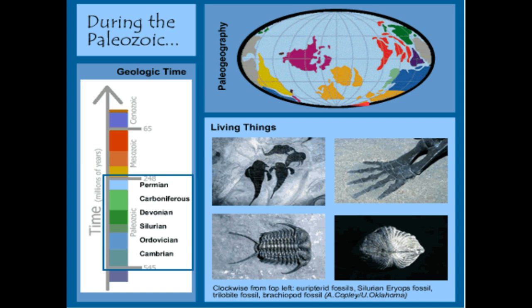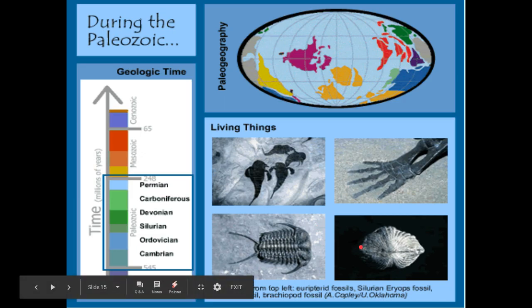What we see is the continents during this time were a lot different. Obviously due to plate tectonics, the continents were just located in different areas. This would certainly alter the climate. There were more warm, shallow seas at the time. Here are some pictures of real fossils that are actually characteristic of the Paleozoic Era, such as trilobites, brachiopods, the